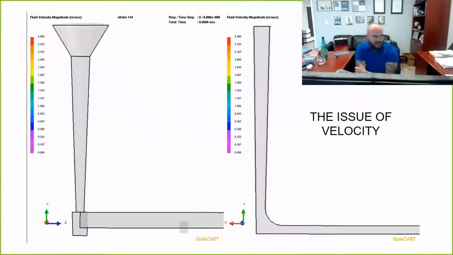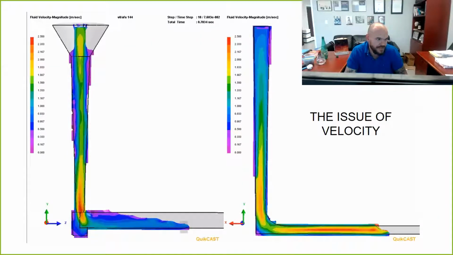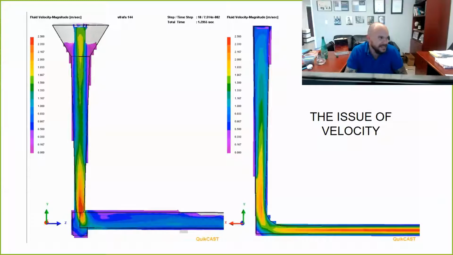All right. Here we go. On the left side, AFS 1:4:4 gating ratio, conical pouring cup, randomly tapered sprue well, expanded ratio, runner geometry. On the right side, very simple little design. You know, it's got some issues. We still got that square corner in the bottom, but let's just take a look. In this simulation, you're going to see velocity vectors showing the direction and magnitude of the flow. Actually, this one doesn't have the vectors. The next one will.